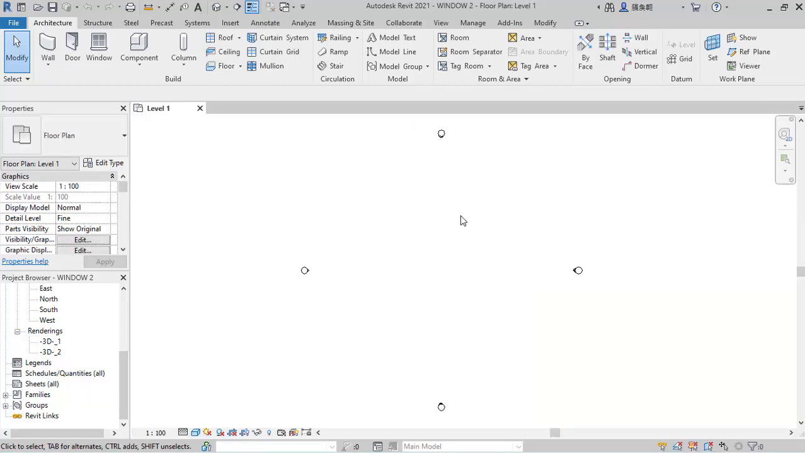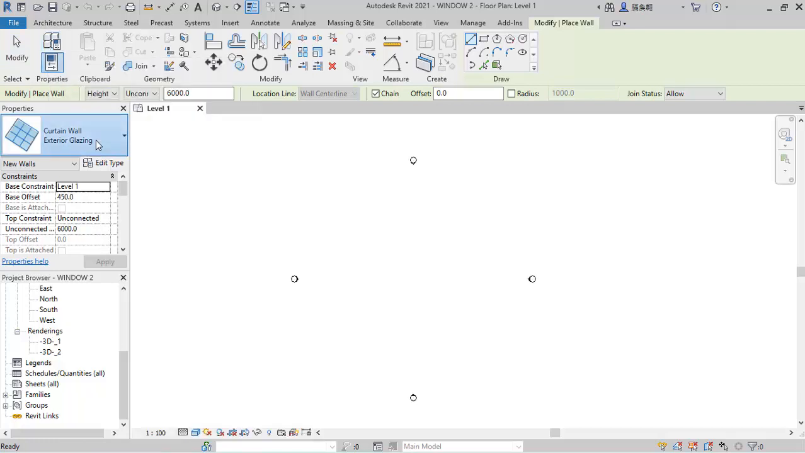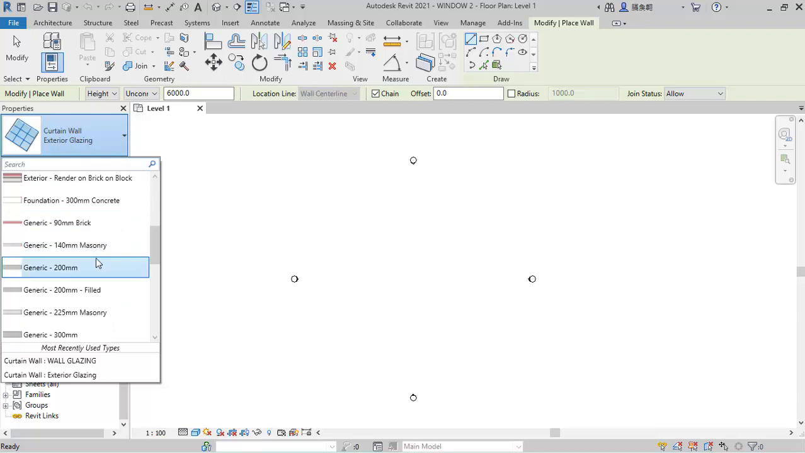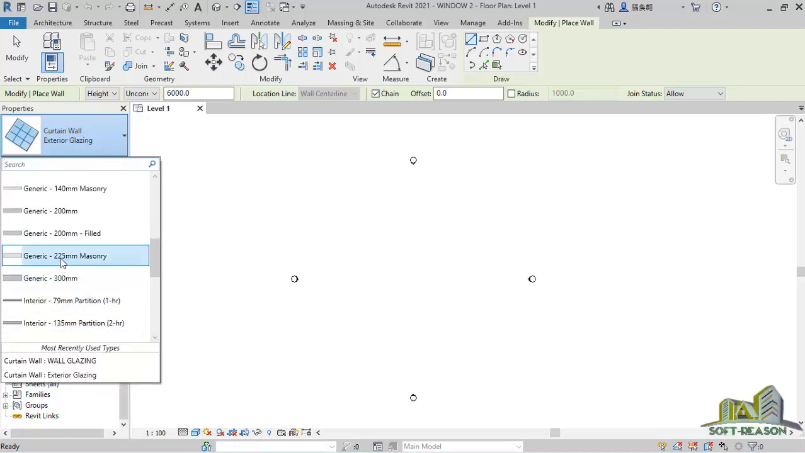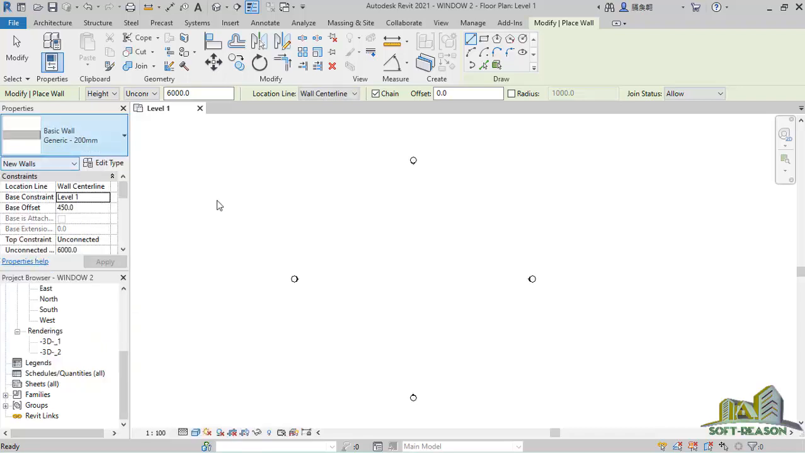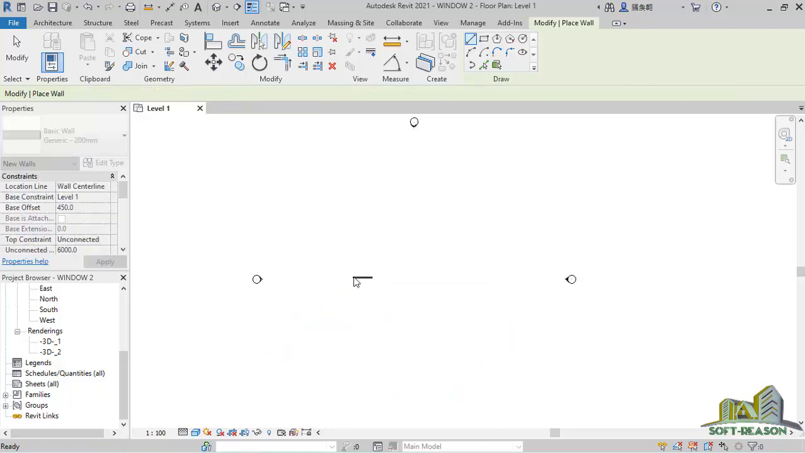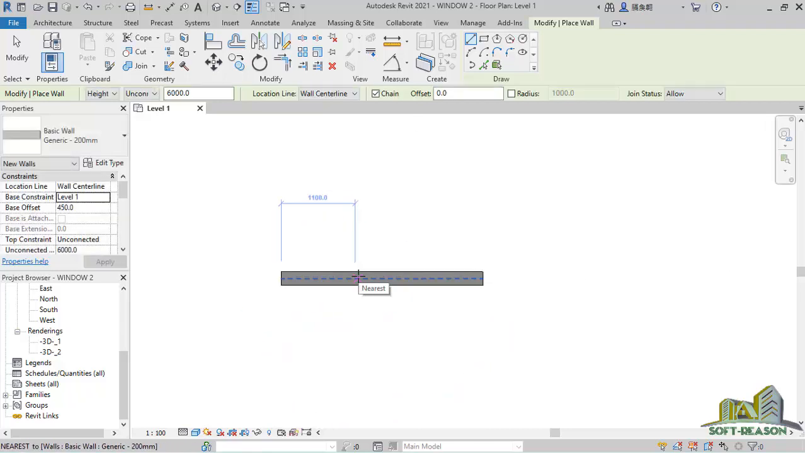You open a new template like this. You click on the wall, select this point, and then screw. We'll be using generic wall. This one to create a wall of length 3000 millimeter. This is equivalent to